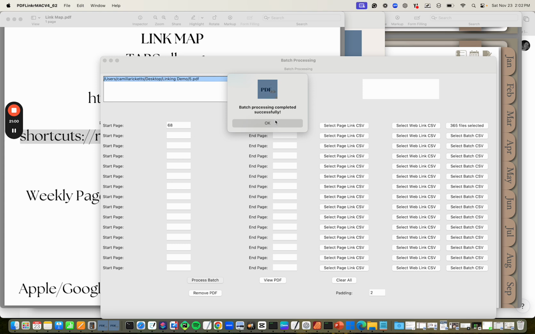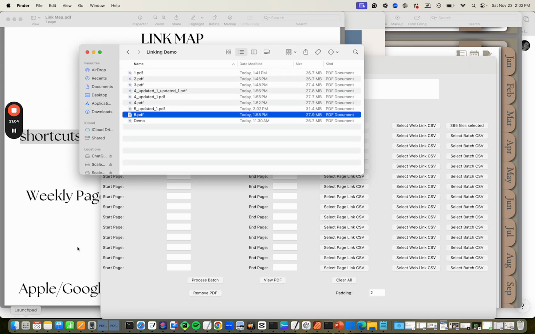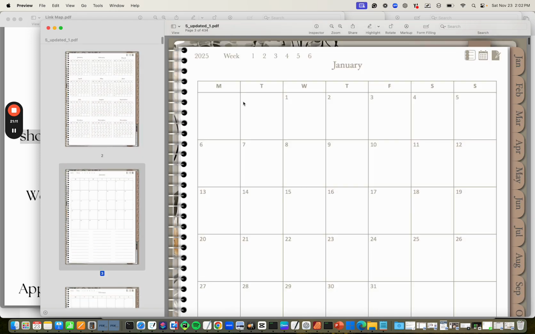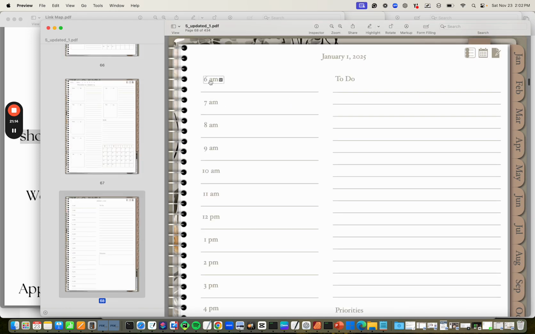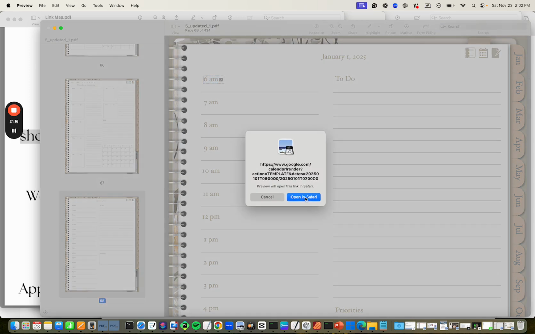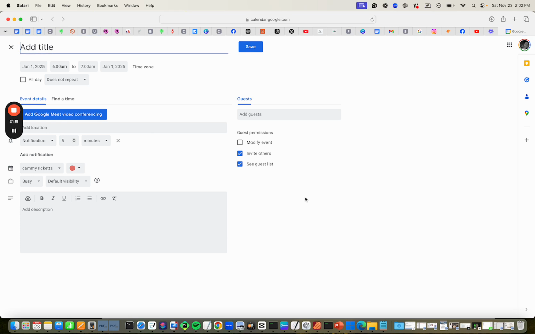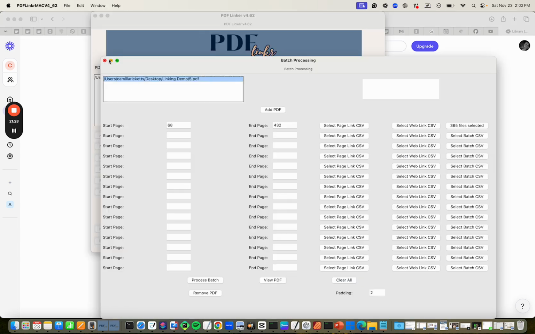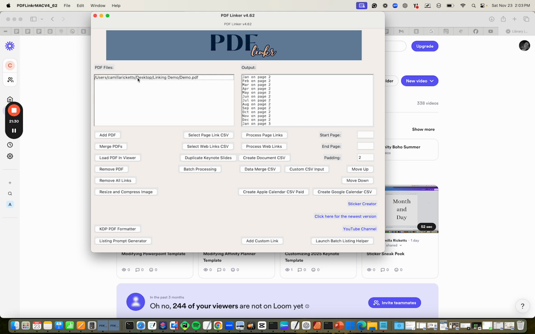Okay, so we have a pop-up here that says our process was completed successfully. So let's go take a look at our updated planner. So now we're going to go to January, and it's going to open January 1st, 6 a.m., 2025. There we go. Now, one last thing you can do, and you don't have to, is